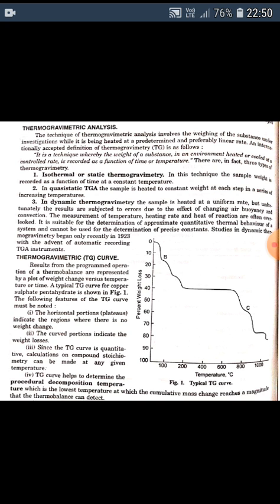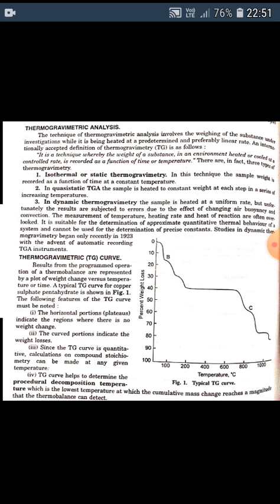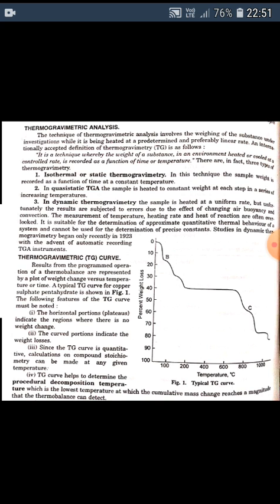There are three types of thermogravimetric analysis: isothermal or static thermogravimetry. In this technique, the sample weight is recorded as a function of time at a constant temperature. The second is the quasi-static thermogravimetric analysis, where the sample is heated to constant weight at each step in a series of increasing temperatures. The third type is the dynamic thermogravimetry, in which the sample is heated at a uniform